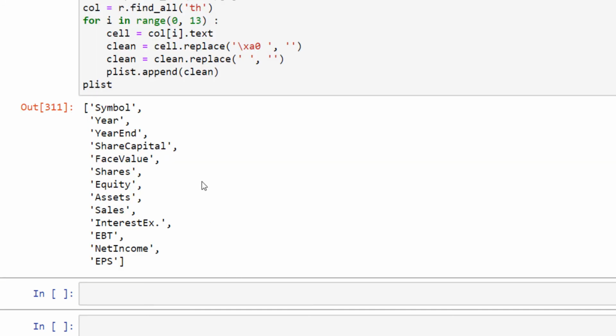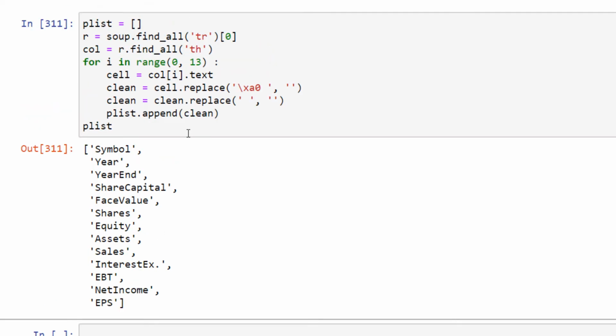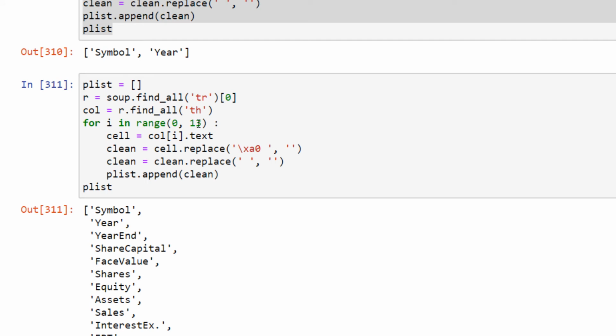So once we run it, we have extracted all the text from symbol up to EPS, and our data goes up to dividend. So I think we have missed one last column from the loop, therefore I'll make it 14.